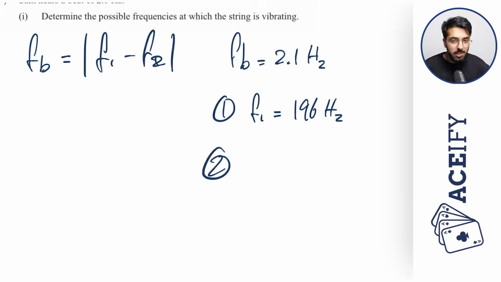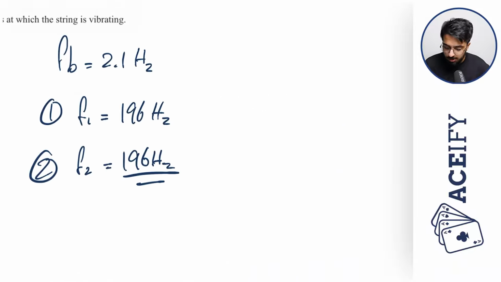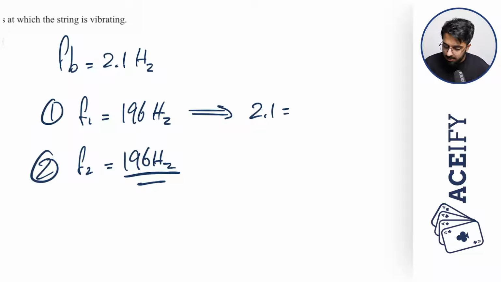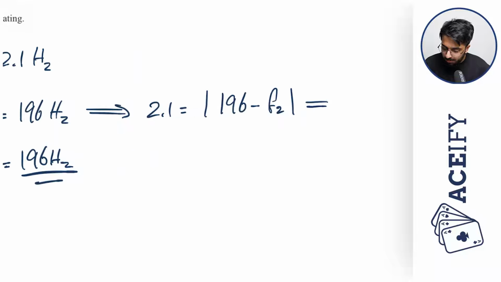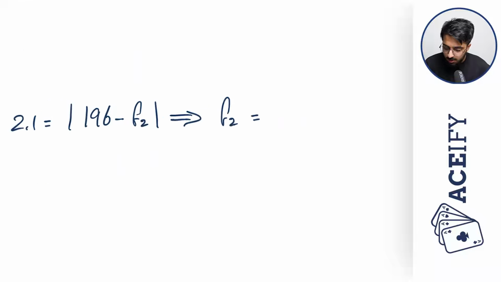And the second scenario that we need to take into consideration is when F2 is equal to 196 Hertz, which again is the fundamental frequency. And so we can do those two scenarios right here. 2.1 is equal to the absolute value of 196 minus F2, and therefore F2 is equal to 196 minus 2.1, and we get F2 is equal to